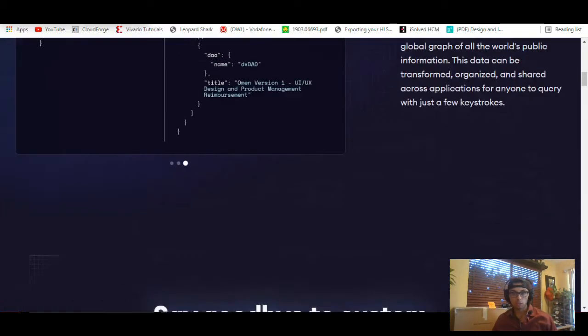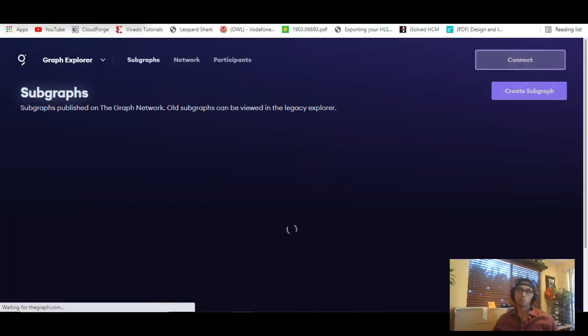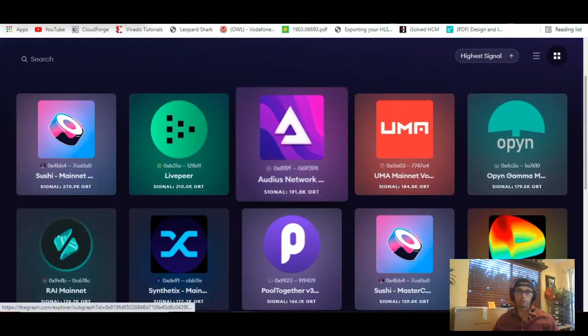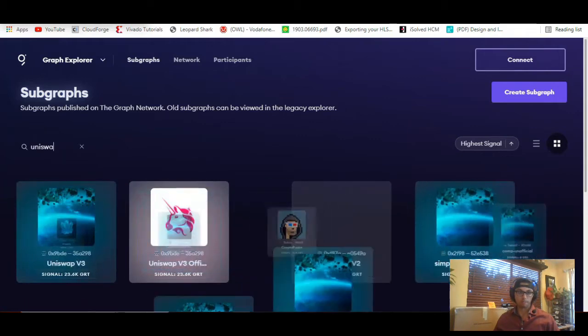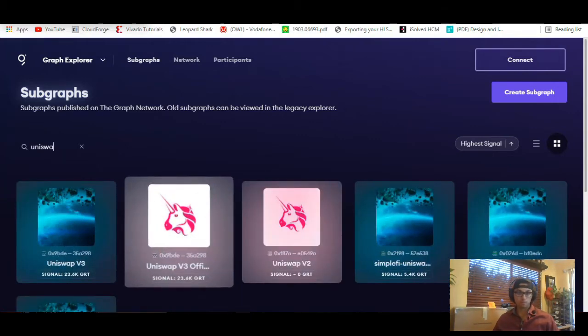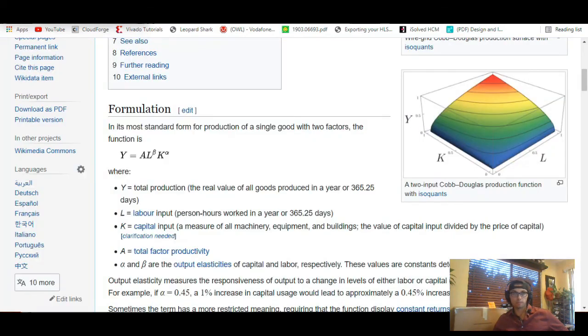All right, so let's dive into the graph. The Graph Explorer we looked at, let's dive a little bit more into that. So let's go back to Uniswap. That's a fun one. Uniswap v2, and here's the versioning. Oh, one other thing about versioning: if we go into the graph